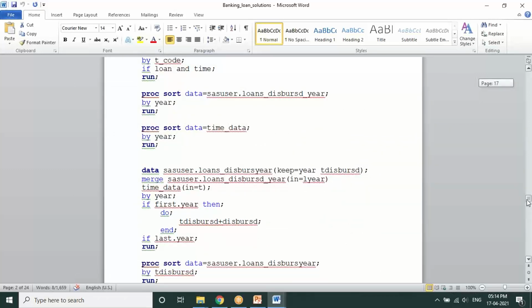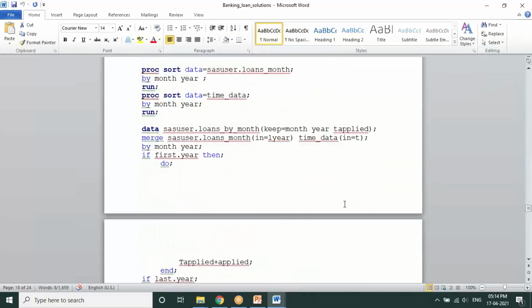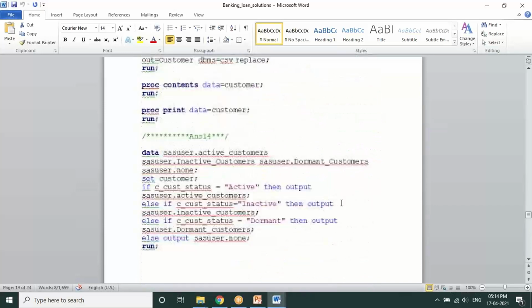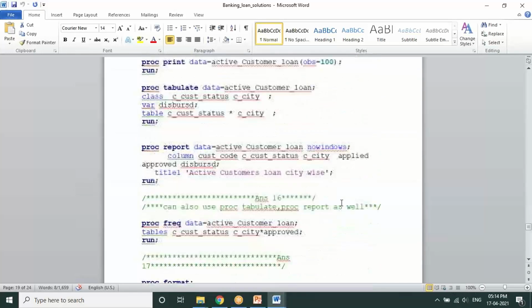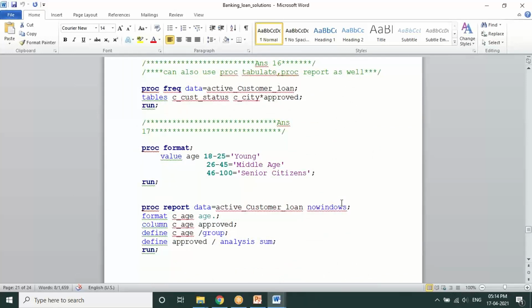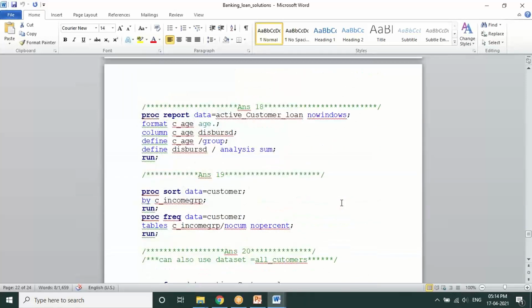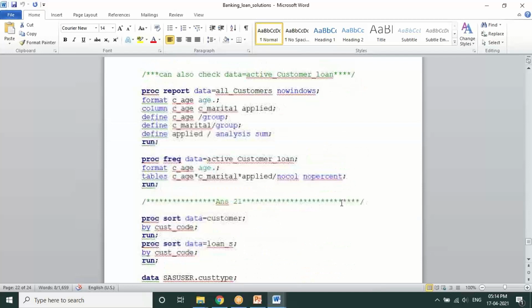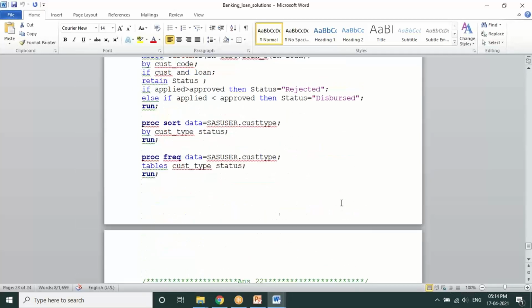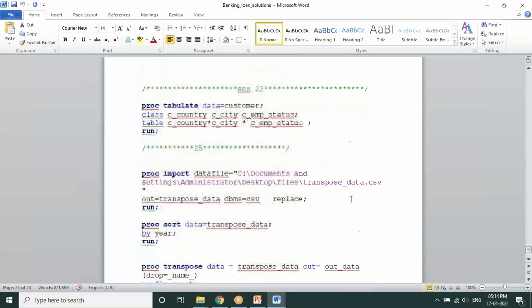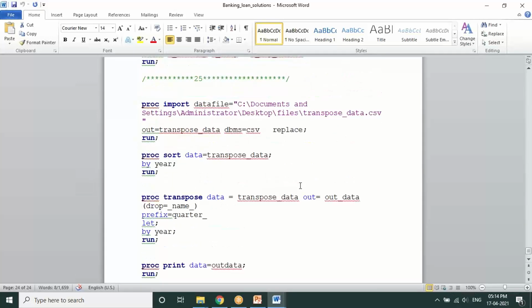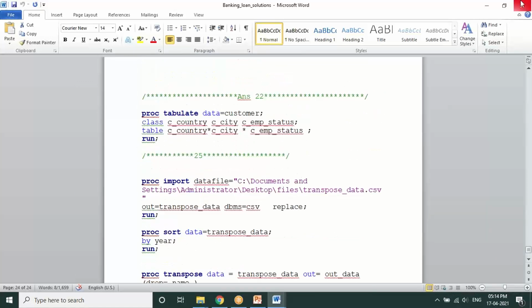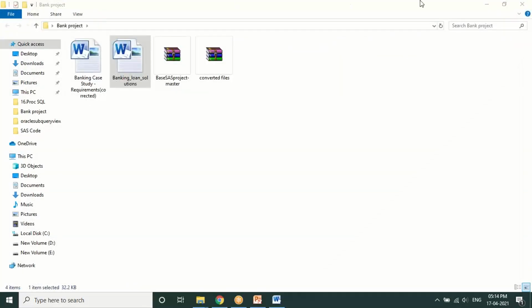Probably you can also develop your own codes, but this is a sample for anyone who wants to look into the project, how complex it would be, the same type of task which is created. There are some confidential parts; I have screenshots of other projects, but those are confidential and I cannot show you, though they look very similar to this one. So please go through this. I'll share this project with you.